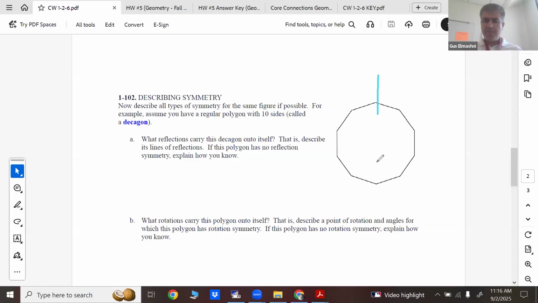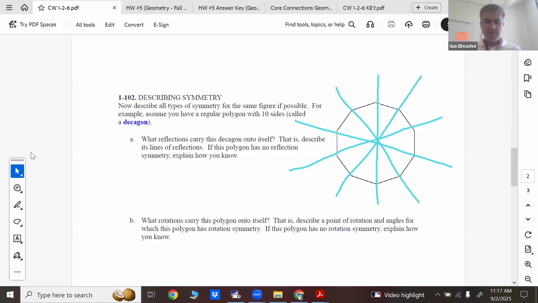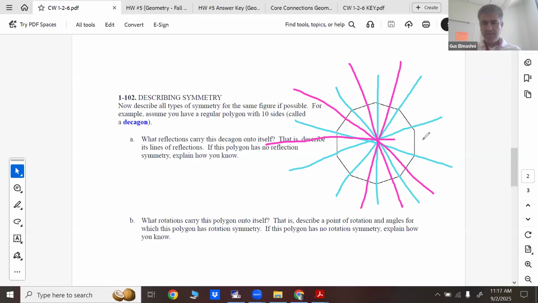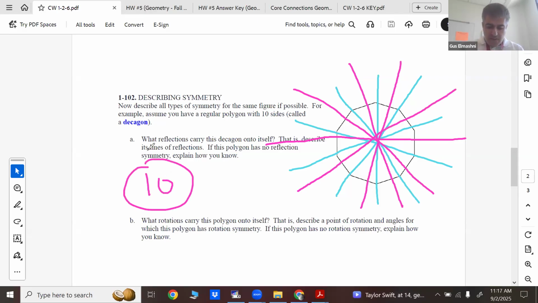There we go. 1, 2, 3. Notice I'm trying to go in order. 4, 5. Switch colors. 6, 7, 8, 9, 10. 10, and essentially what you're doing is you're connecting